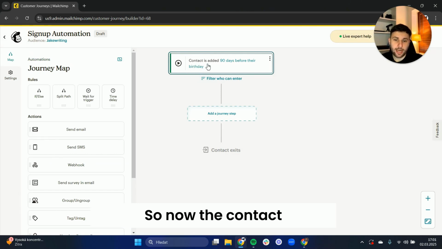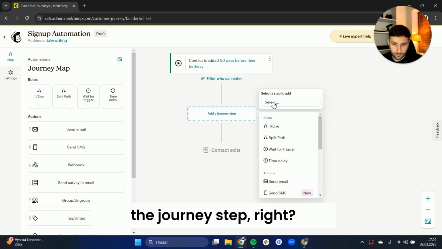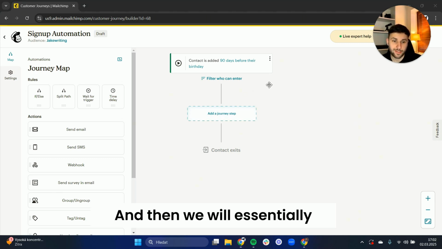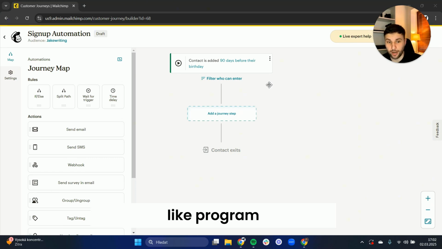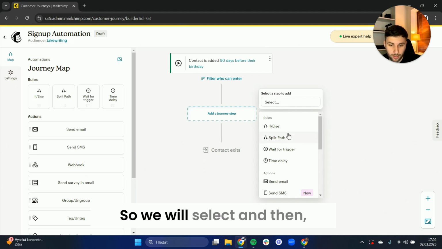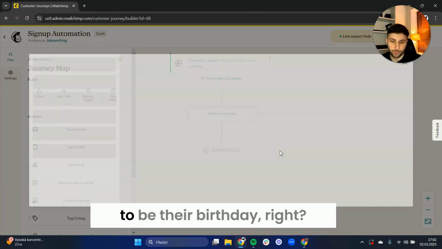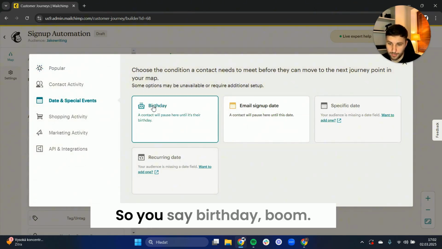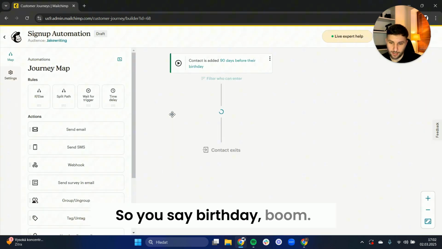So now the contact is added 90 days before their birthday, right? That's the first step. Next thing we will do is add the journey step, and then we will essentially program the automation. So we will select and then wait for a trigger, and the trigger is going to be their birthday, right? So let's just say birthday,